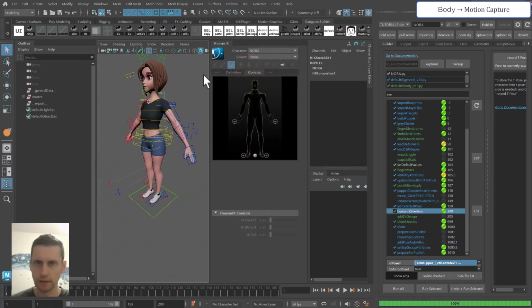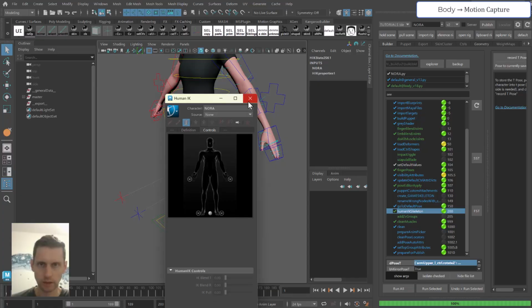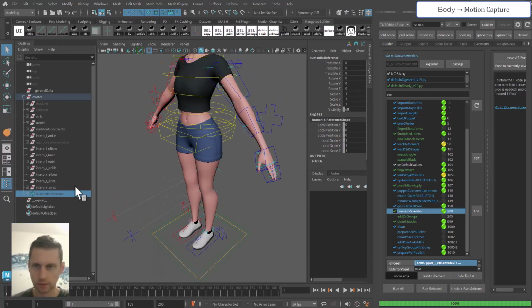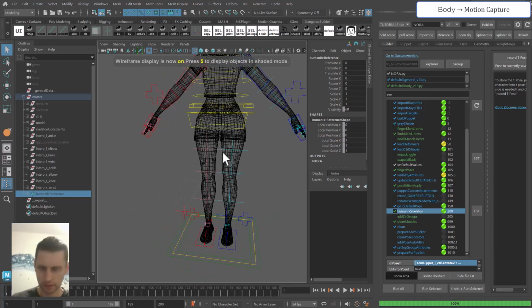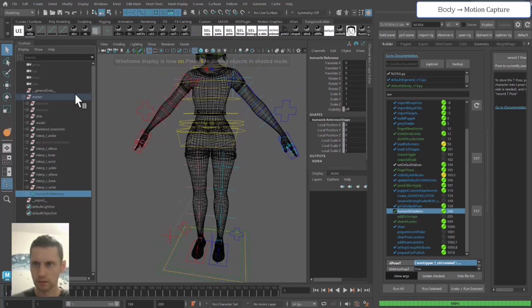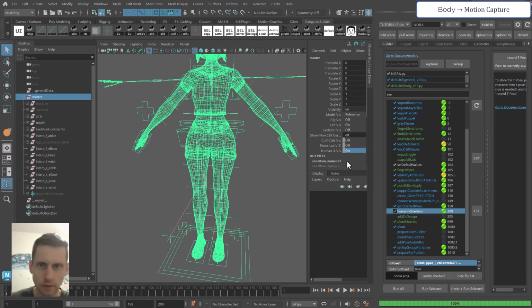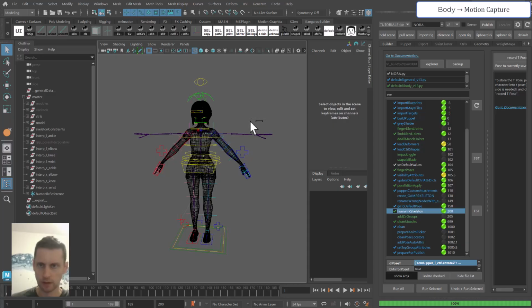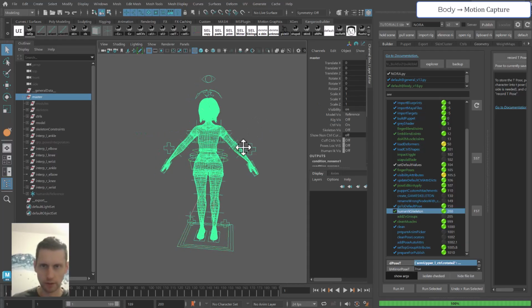Okay, so you finished building. We don't need that. Now you can see that it created this one here. So it's basically a skeleton in T-pose,